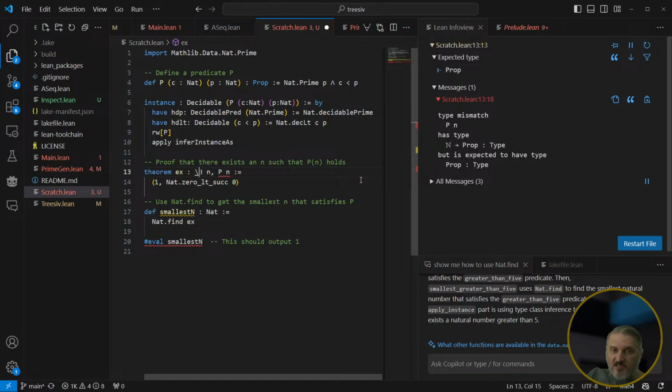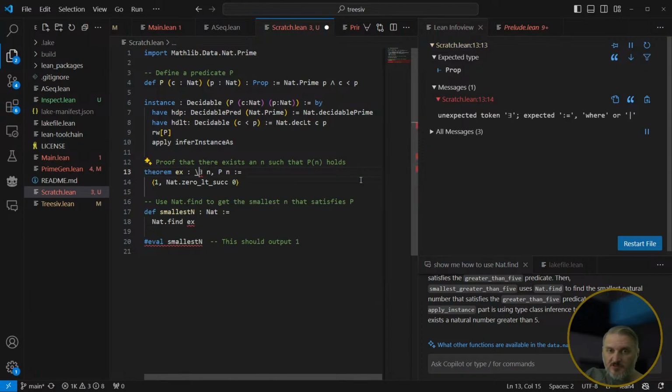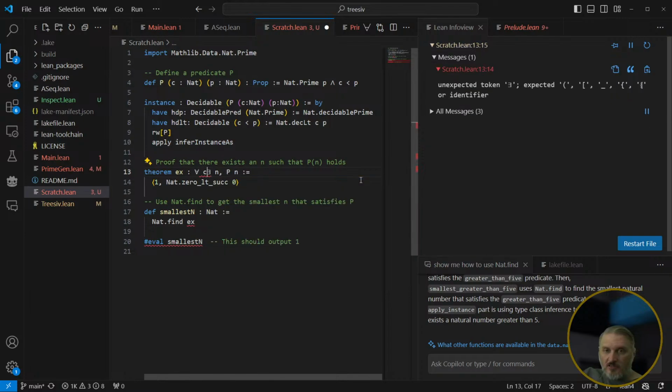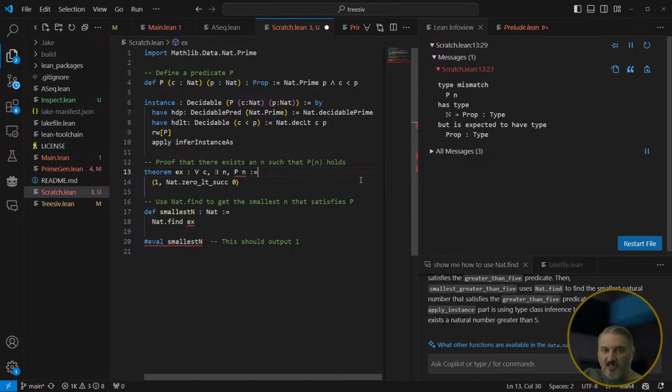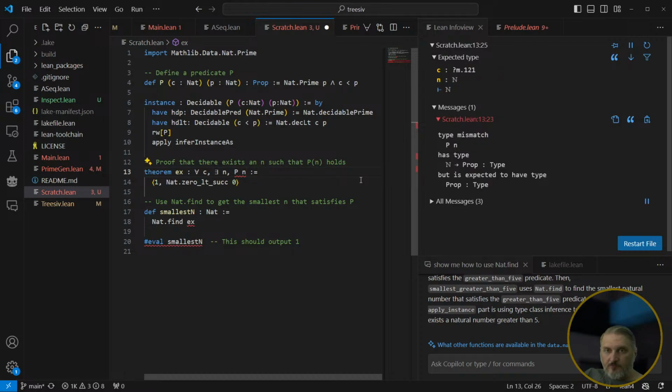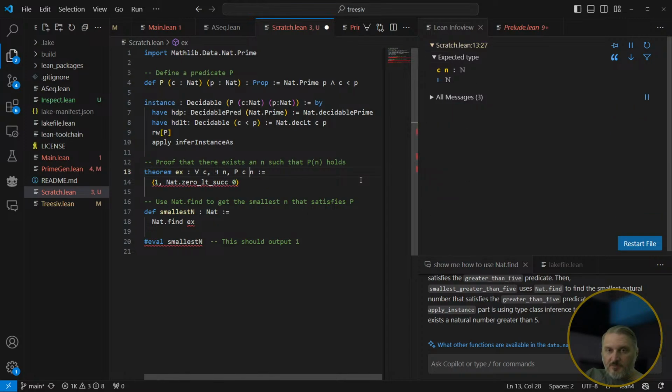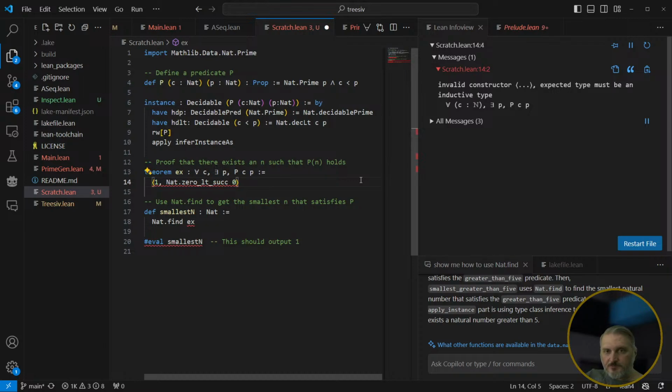All right, so now I want to say that for all c, there exists an n such that c and, how about we call it... For all c there exists a, so for all the cutoffs or whatever, and the proof is